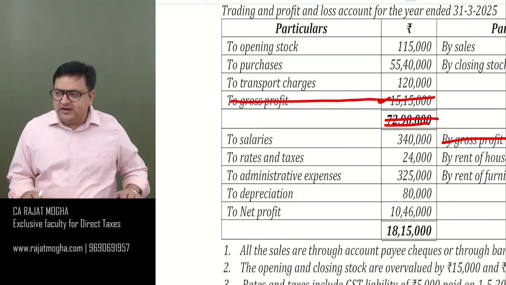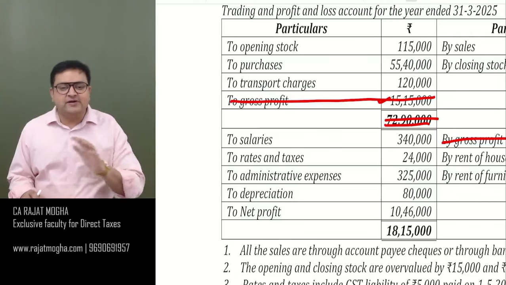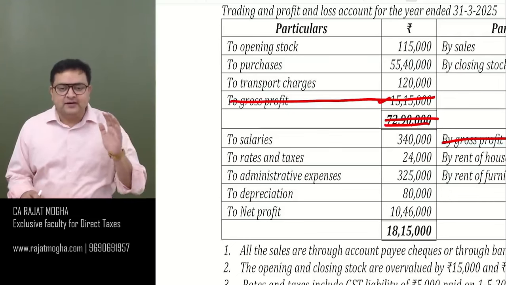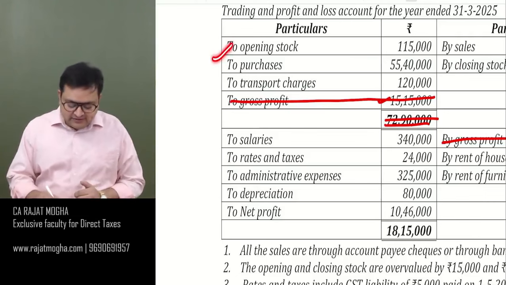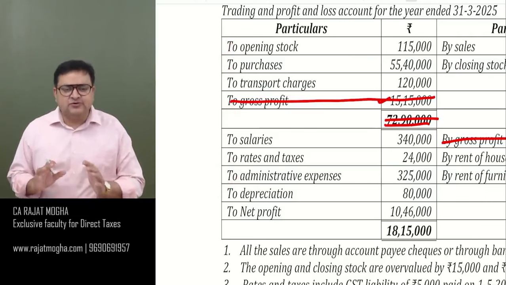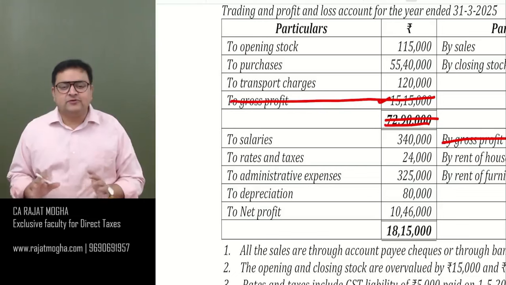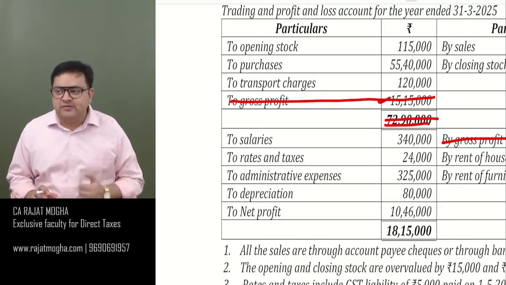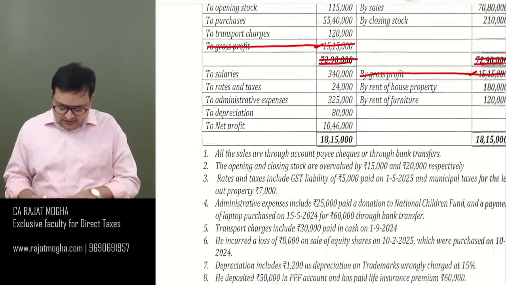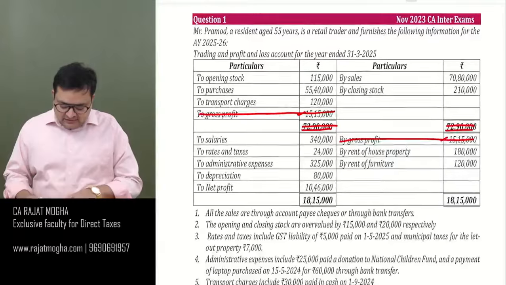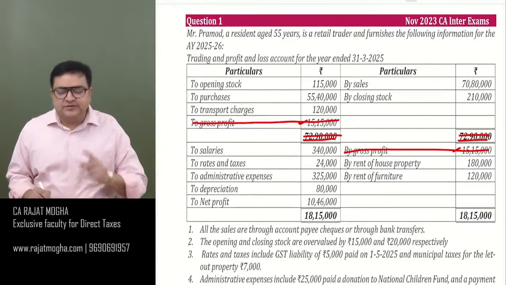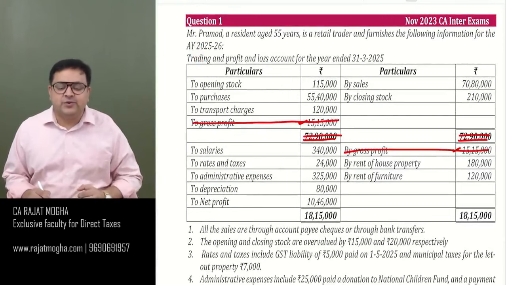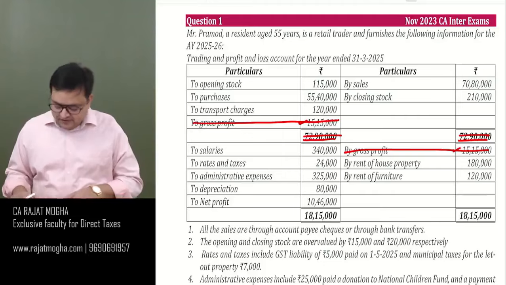So we see generally, just on the face of it, I have not read the information so far. Just on the face of it, all the expenses which are debited right here seem to be okay. So there is no such expense which I should specifically disallow. They all seem to be business expenses. Now, guys, I started reading this question. What mistake I made is I have not seen what is asked from us. So we should also know what is actually demanded from us. So what you should do is,